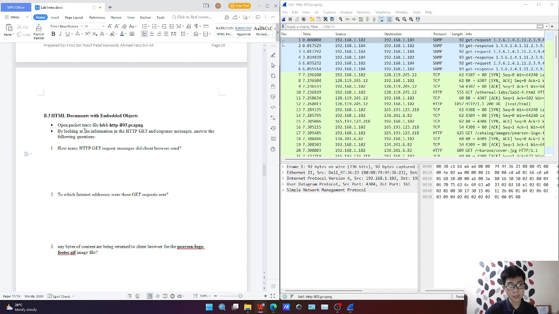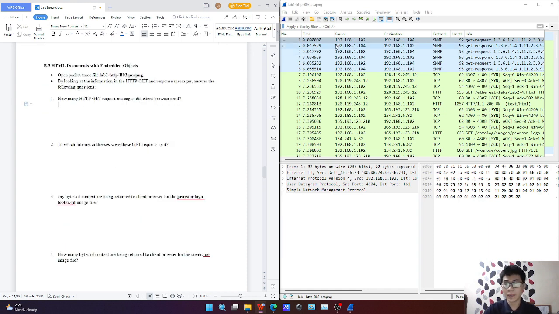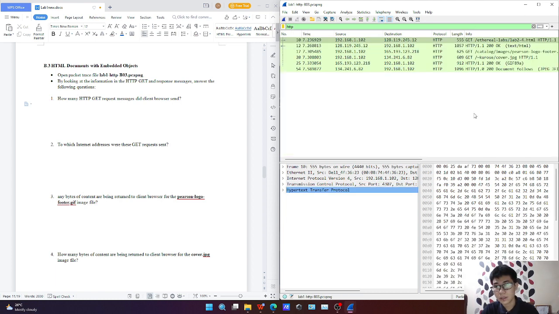Today I'm going to explain the final question for part B lab 1. So I already opened the packet trace file here, and then we can begin to answer all the 4 sub questions here. But first off, like previously, we first filter out every frame that contains the HTTP protocol. So to answer the first sub question for main question 3,